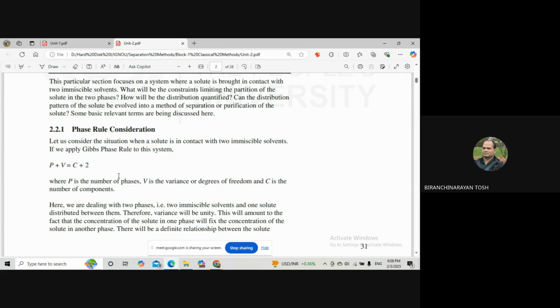And if you want to apply phase rule, then what is the extra criteria or extra definition you have to add there? There must exist a dynamic equilibrium. Otherwise, you cannot apply phase rule. Means some particles of water must move from water to kerosene. Simultaneously, some part of kerosene